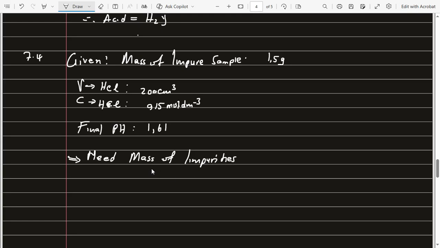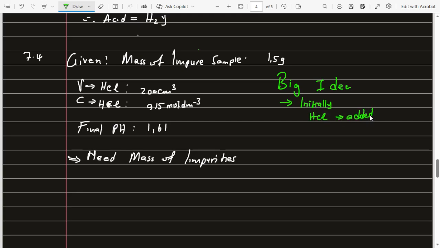Okay, so now, what is the big idea on this question? What is the big idea? I'm still trying to analyze the question, okay? The big idea is that we have initially the HCl